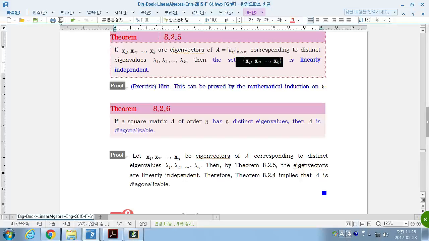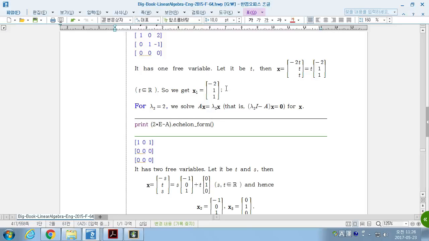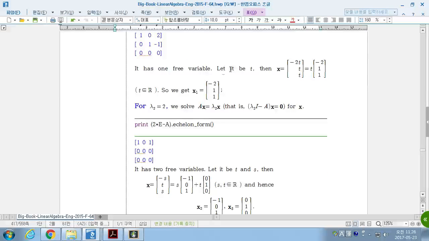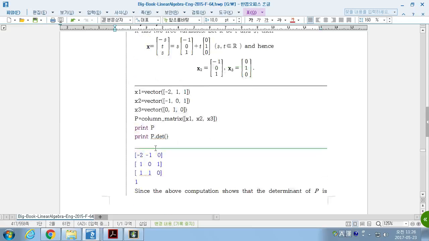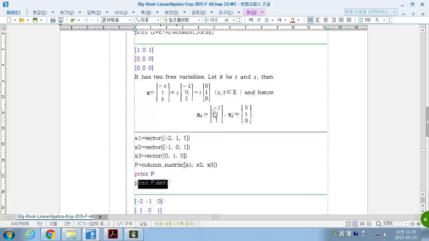아이겐밸류가 distinct 하면 대응에서 나온 아이겐벡터가 언제나 서로가 1차 독립이 되는 거야. 즉, 여기서 아이겐벡터 하나 찾았죠. 람다 1에 대해서. 여기서 람다 2에 대해서 아이겐벡터 2개 찾았죠. 여러분들이 이 하나하고 이 2개가 서로 1차 독립인 거는 확인 안 해도 된다는 소리야. 아이겐벡터가 디스팅트 하면 따로따로 구한 건 다 1차 독립이라는 소리야. 이해돼요? 찾은 다음에 이 3개가 다시 1차 독립인지 디터미넌트로 확인 안 해도 된다는 소리야. 언제나 디터미넌트가 0이 아니니까. 디스팅트 아이겐밸류에 대해서는.